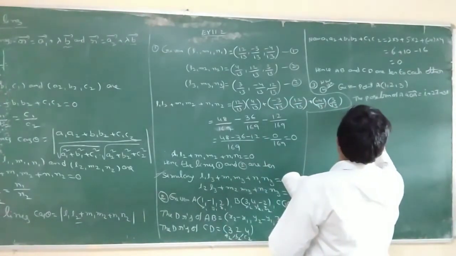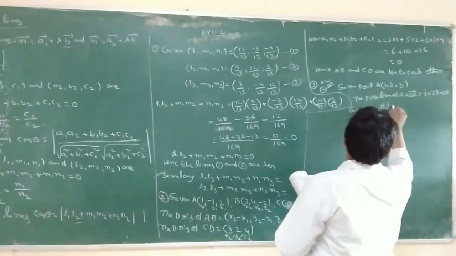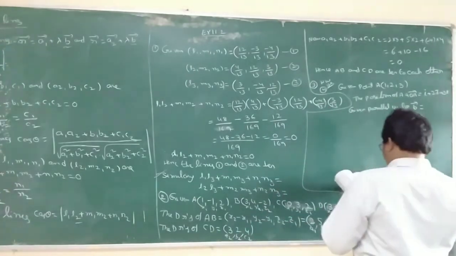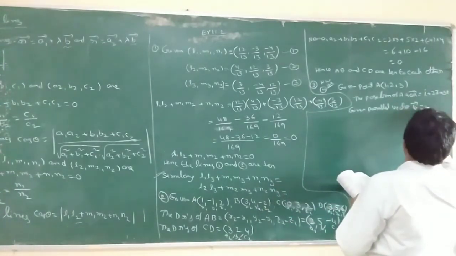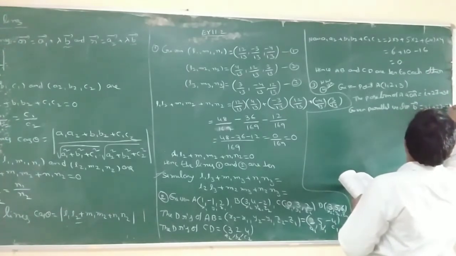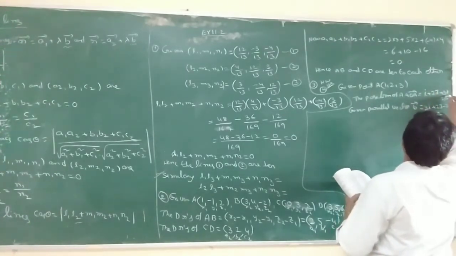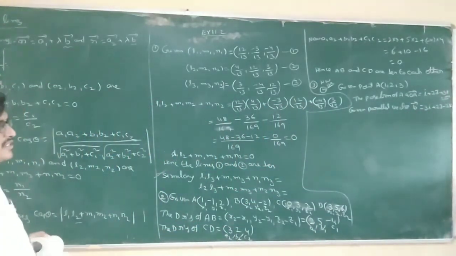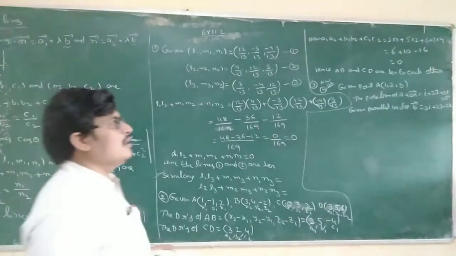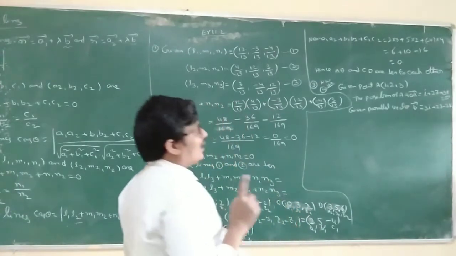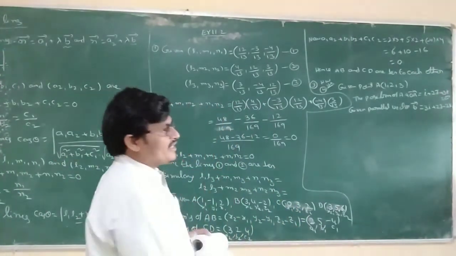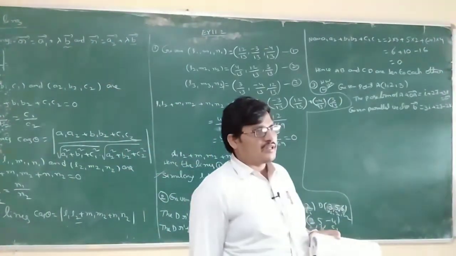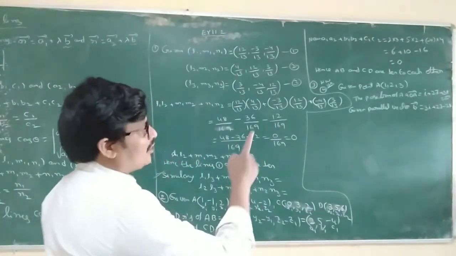Given a parallel vector, B bar is equal to 3i plus 2j minus 2k. So this is A bar. Okay, what is the first equation of a line, yesterday's first formula? The equation of a line passing through the point and parallel to the vector. Passing through the point is taken as A bar, and the point is converted into a position vector. The position vector, let it be A bar. So the parallel vector is B bar.